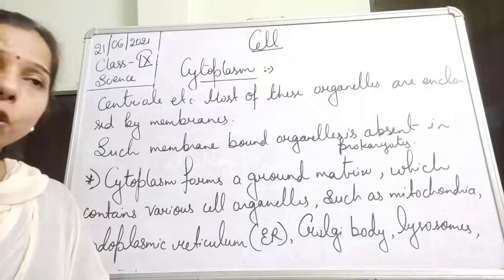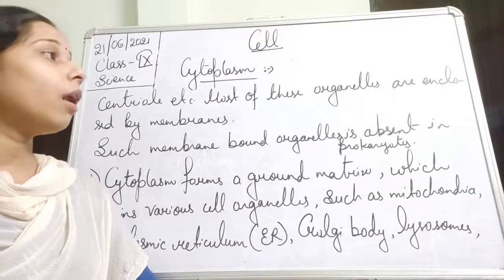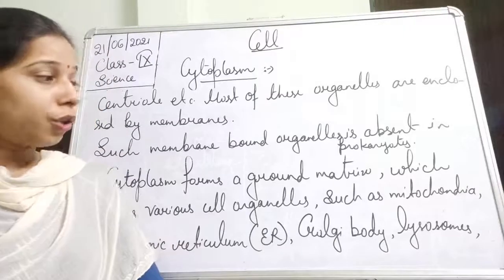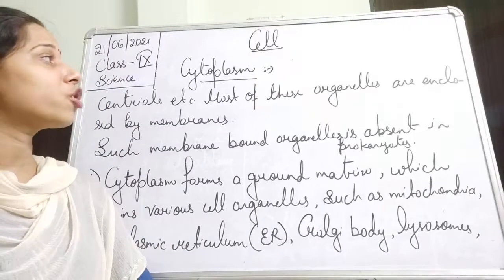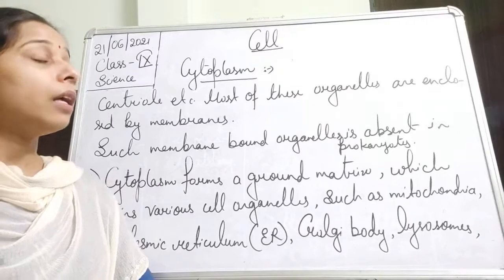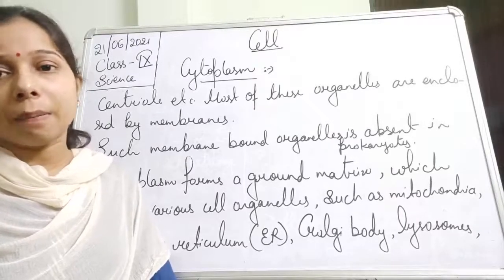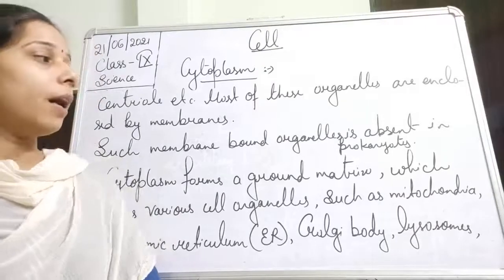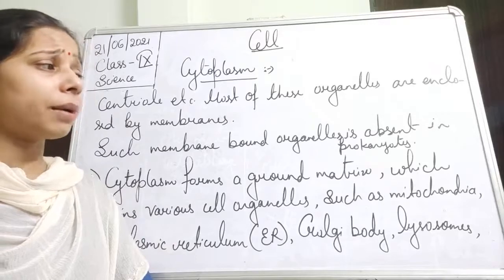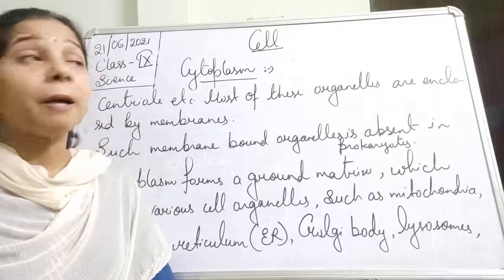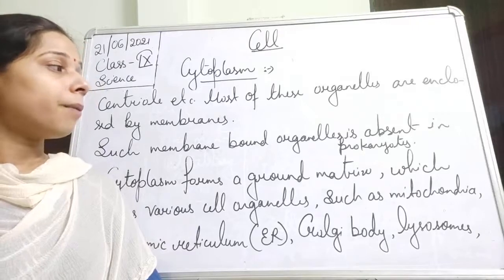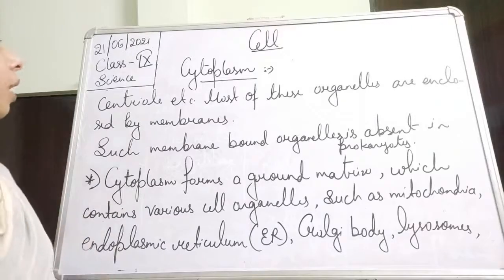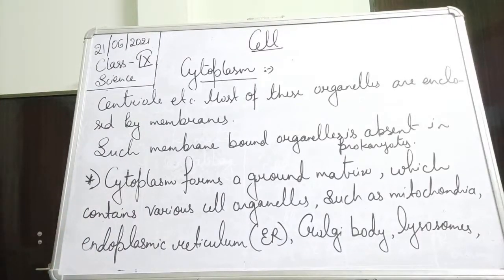And when you look at these organelles, you will find that they are enclosed by a double membrane or by a membrane. So these all are the cell organelles which lie in the cytoplasm, and they are enclosed by a membrane. But what is the difference that you will find in case of a prokaryote? Although every cell organelle is not present, whatever cell organelle is present is not bound by a membrane. It is not a membrane bound organelle. Okay, so the first point is that it is a kind of a matrix here.